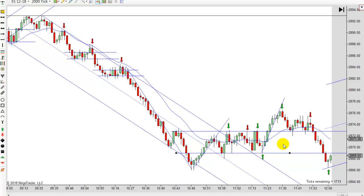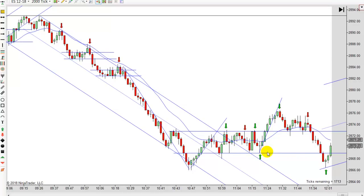It's about the same entry, really. And then it bounces here. And normally I would have made this one blue because notice how you got this low right here. You test it once, you test it twice. I didn't mark it blue because it's not a perfect signal bar. One more tick lower, it would have been a doji, but it is more bullish than it is neutral at